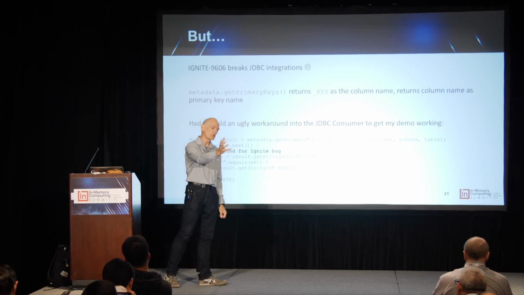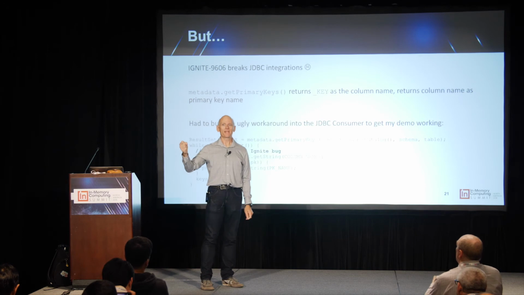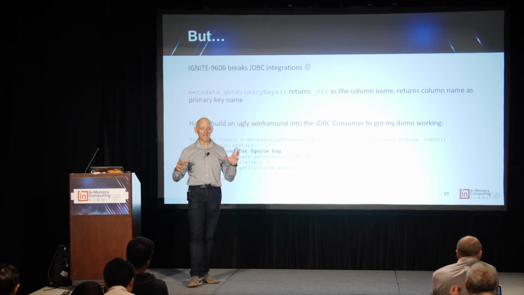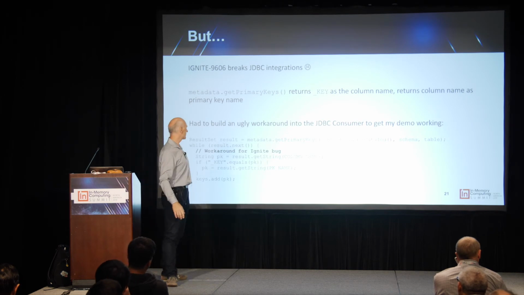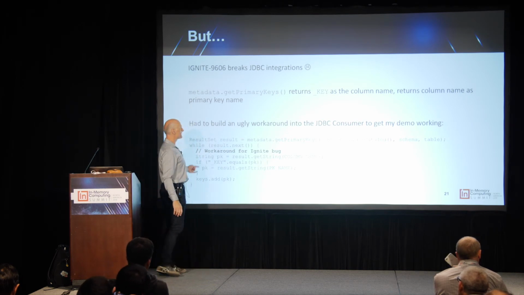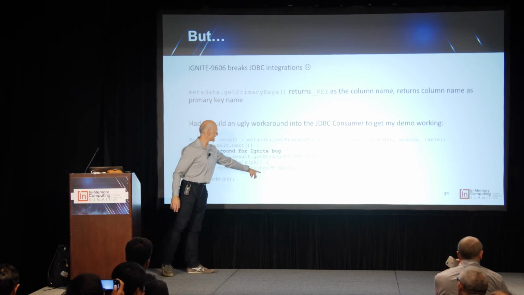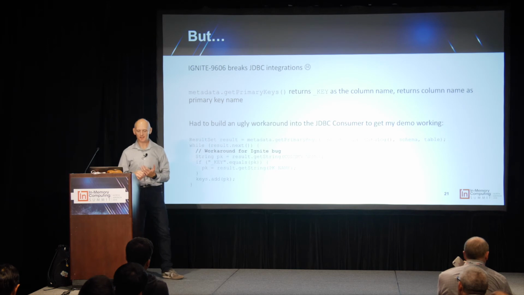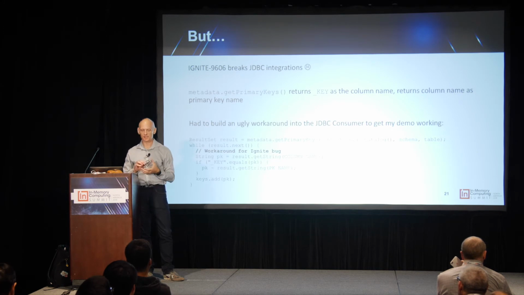When you ask the driver for the primary keys for a table, whatever the primary key column is, it tells you _key, which is not totally useful because you want to get like ID or whatever, and it just says _key. So I had to build an ugly workaround into our product code, into our JDBC consumer to get this working. So if the primary key equals _key, then get it from the primary key name rather than the column name. So that's not going into StreamSets. But the good news is that it looks like they're working on fixing Ignite 9606. So you'll get the benefit of my